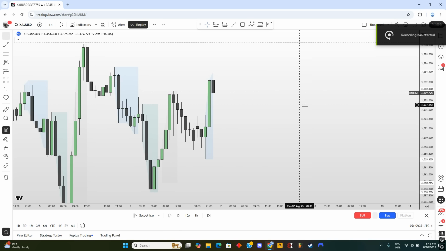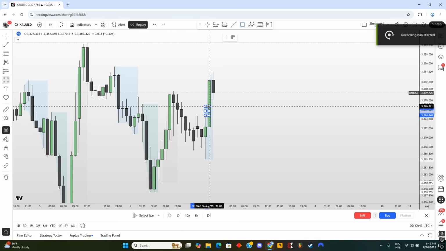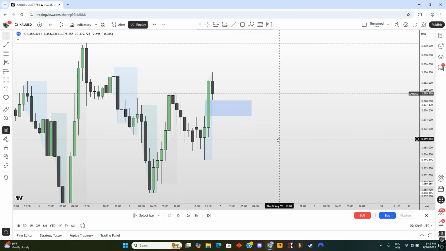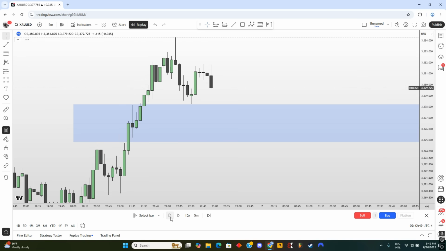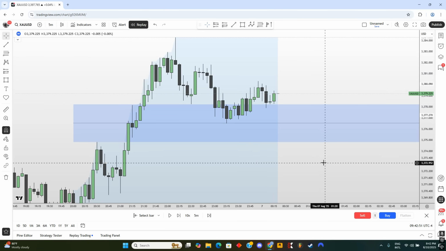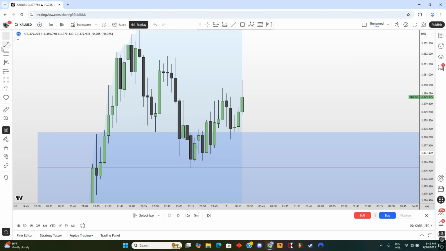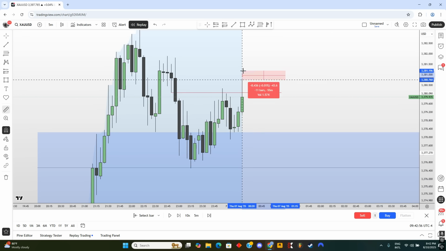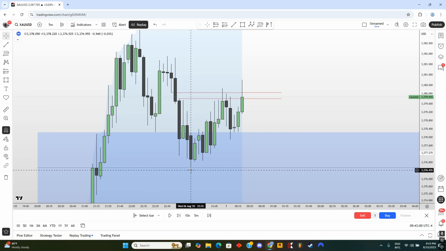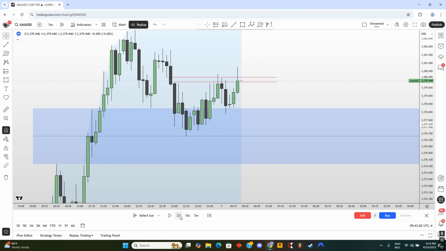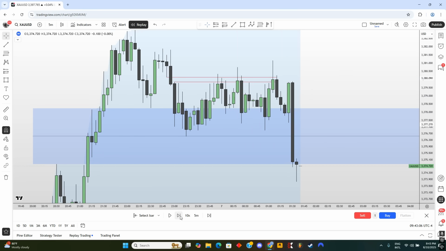All right, guys, so here is example number 1. So in this case, you can see that we have this 1 hour fair value gap, right? So now we want to drop down to the 5-minute time frame, and we will wait for price to tap into this fair value gap and get ourselves a nice inversion setup. Now we have this one fair value gap within this dealing range, from this dealing range high to this dealing range low, and we're waiting for price to inverse above it. But you can see price couldn't inverse above it, couldn't close above it.